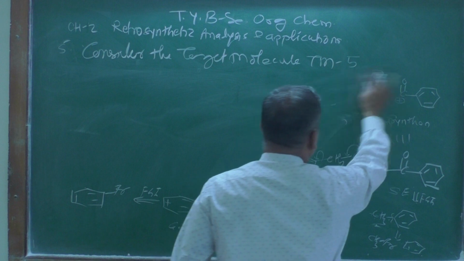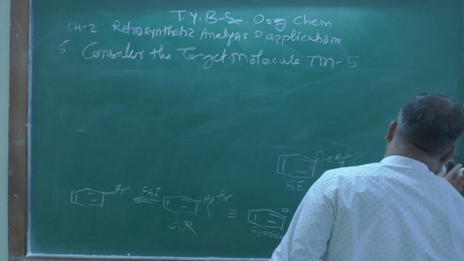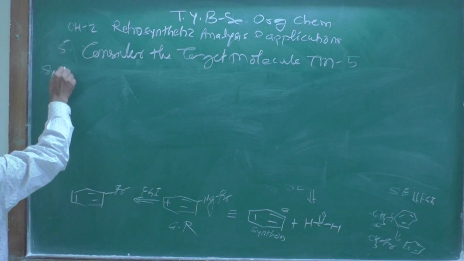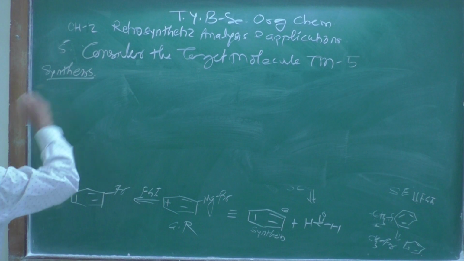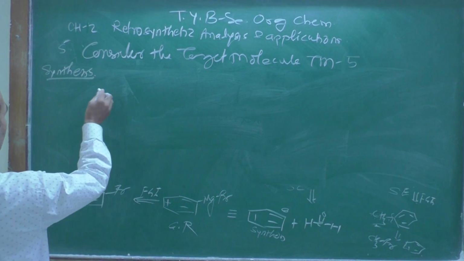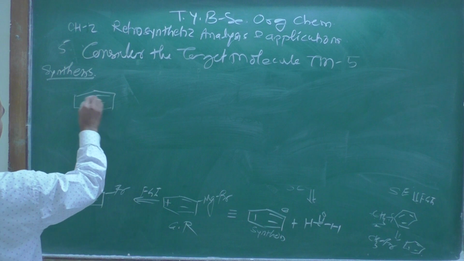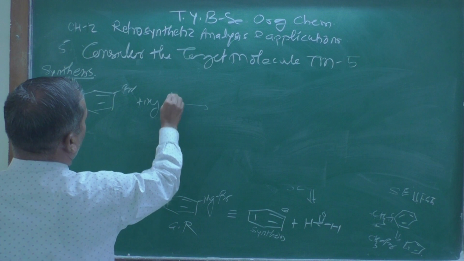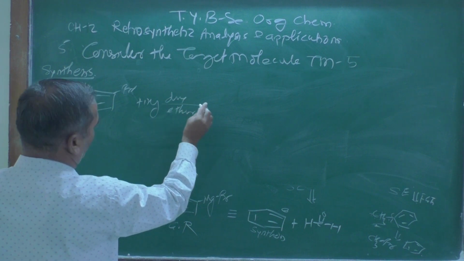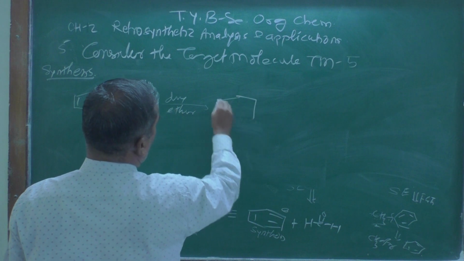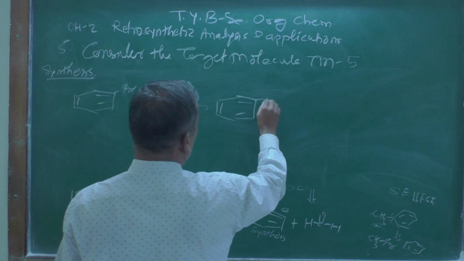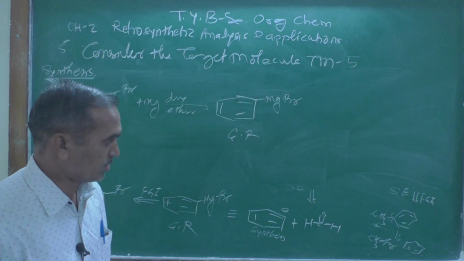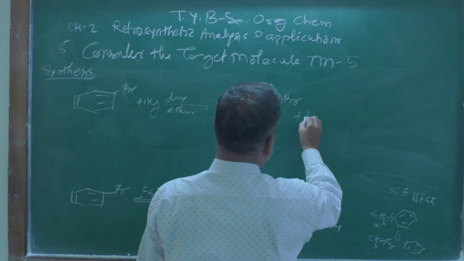How do you synthesize these molecules in the laboratory? Let's begin with the synthesis over there. Now first one, take down, that is a bromobenzene over here, like this, Br, then pure magnesium metal in presence of dry ether. What do you get? This type of compound you get over here. I am representing this one, this MgBr, which is a Grignard's reagent, and that Grignard's reagent is further treated with